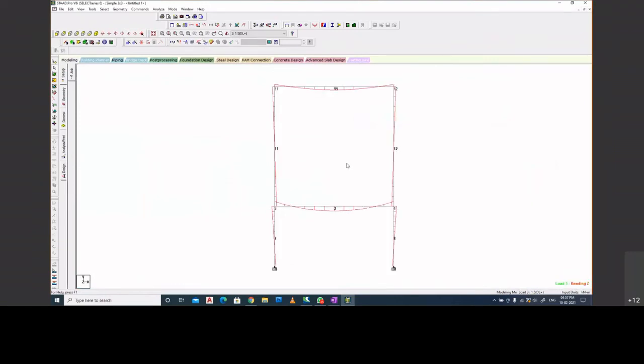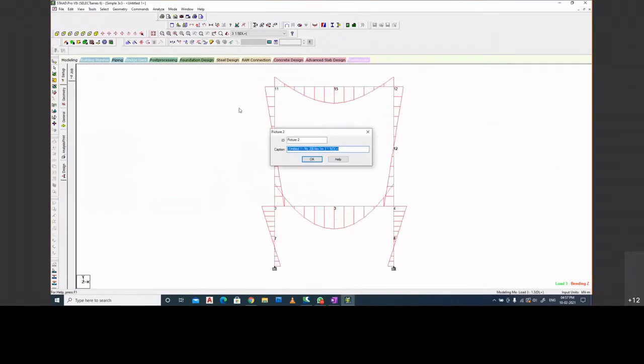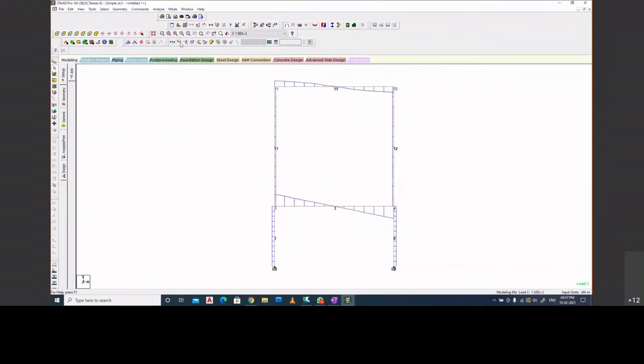You can click and scroll so that you can magnify the results, and click again on camera and name it as front BMD, and then you will close it, click on shear force diagram, and take a photograph again, name it as front SFD.